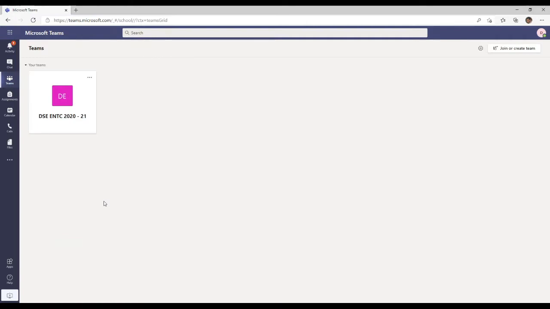So after logging into your account for the first time, step number 1, put in the default password. Step number 2, reset your password with unusual keys. Okay, you may use @, star, dollar, whatever special characters you want. And after resetting your password, you will have your team, your classroom, appearing over here.